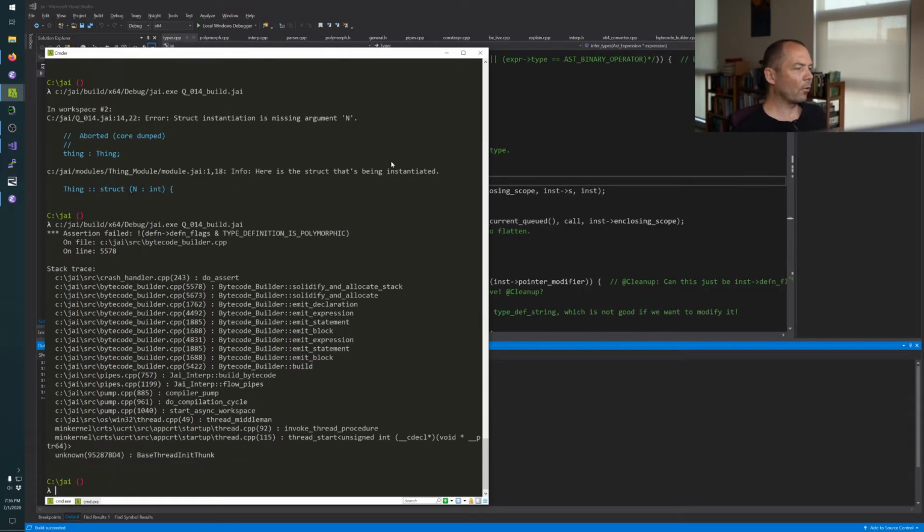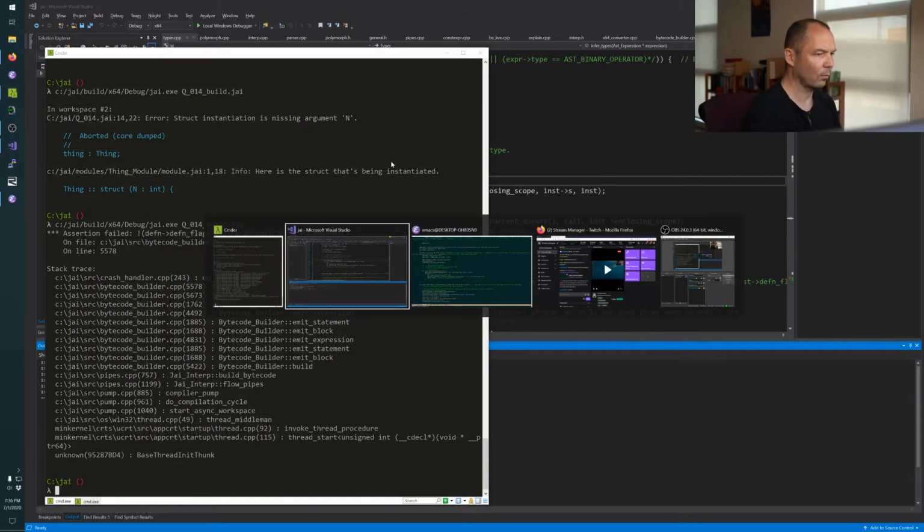There we go. So now the problem is there are other ways that a polymorphic thing could leak, and we want to catch it soon. I do not know why this doesn't get caught in type checking. Let's look.